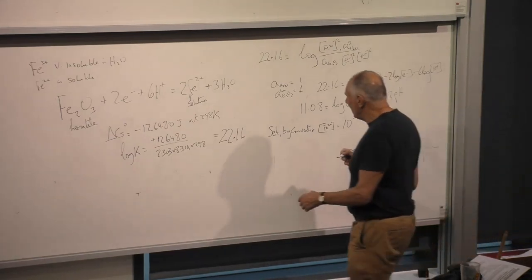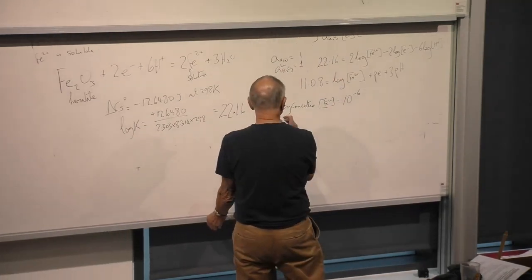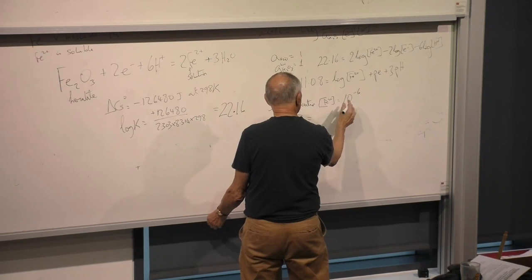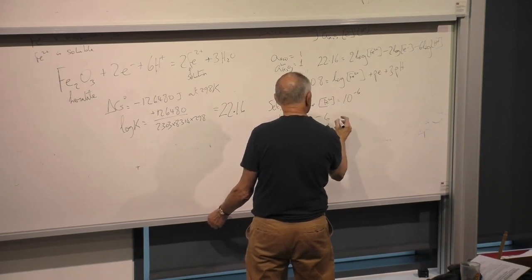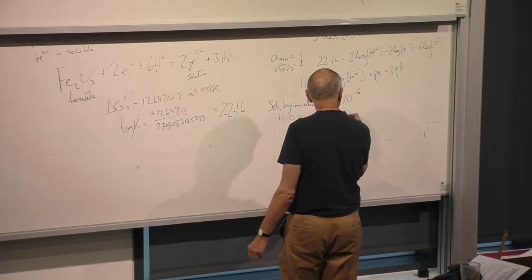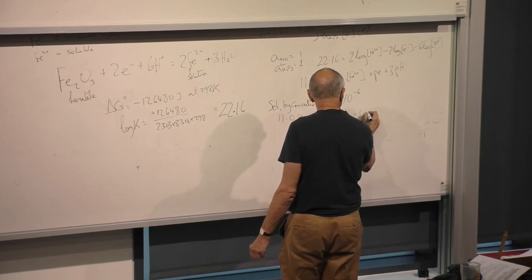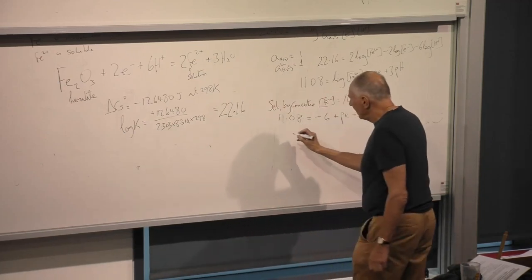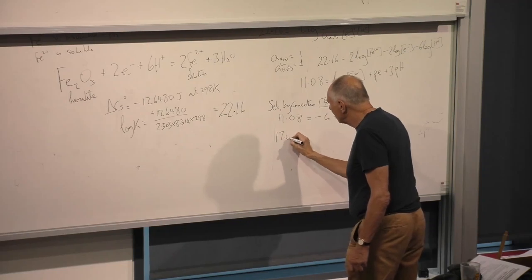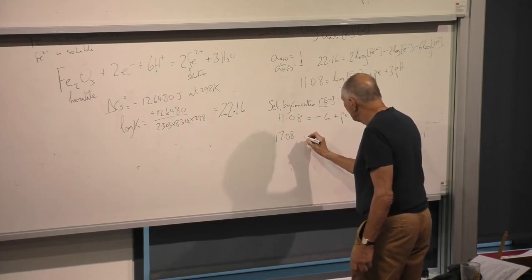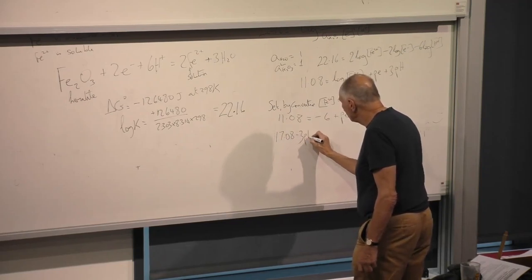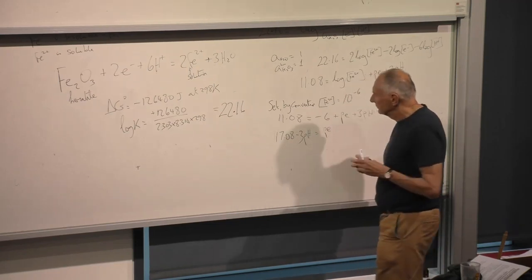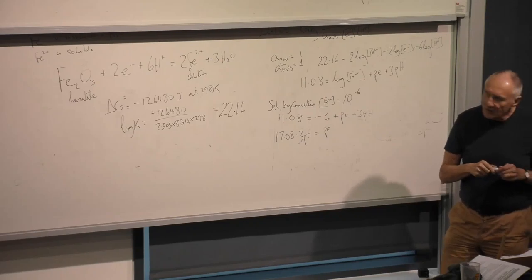So 11.08 is equal to log of 10 to the minus 6, which is minus 6, plus pe plus 3 pH, or 17.08 minus 3 pH equals pe. So that will give us a line